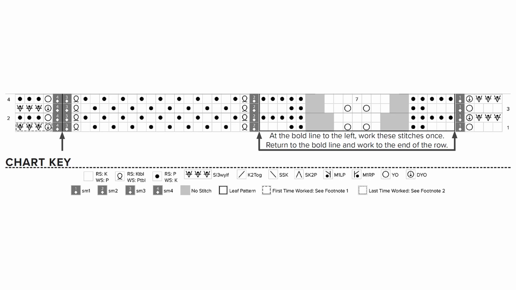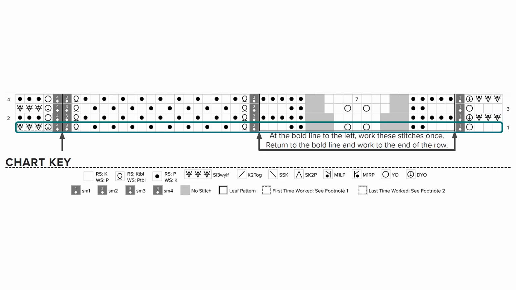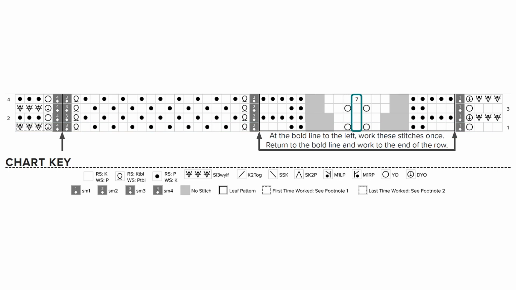In this video, we'll be talking about how to read the chart for the Terra Firma Cowl knit along. A chart in knitting is a visual representation of the right side of the fabric. Each box or cell in the grid represents one action that results in a stitch, or a grouping of actions that processes multiple stitches. Each row represents a row or a round of knitting, and each column represents a column